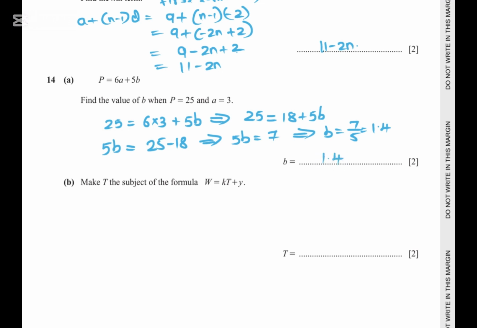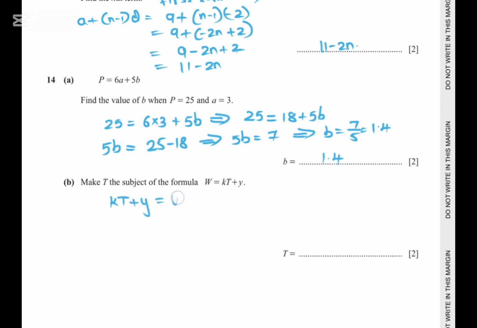Question number A is done. B. Make t the subject of the formula y is equal to kt plus y. We need to make the t as subject. So whenever you are making the subject, try to flip the equation first. Flipping means bringing the right hand to left hand side, left hand to right hand side,